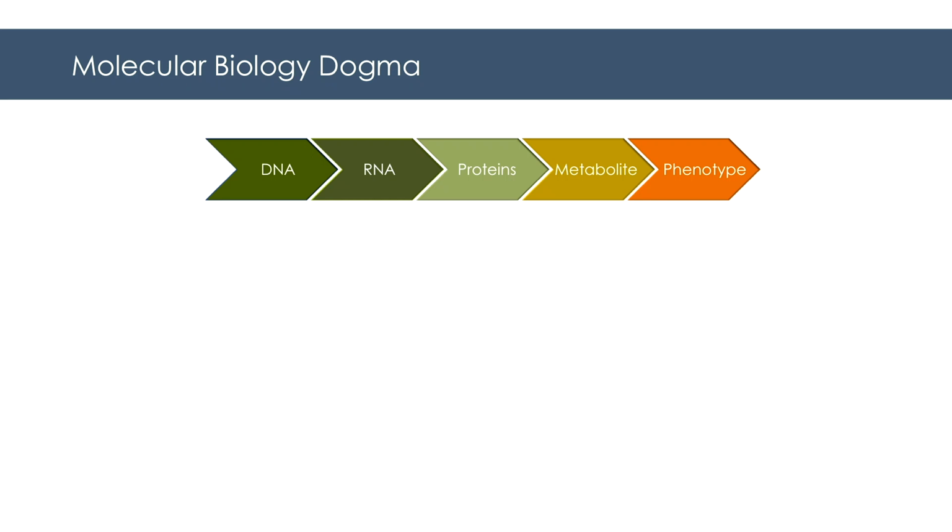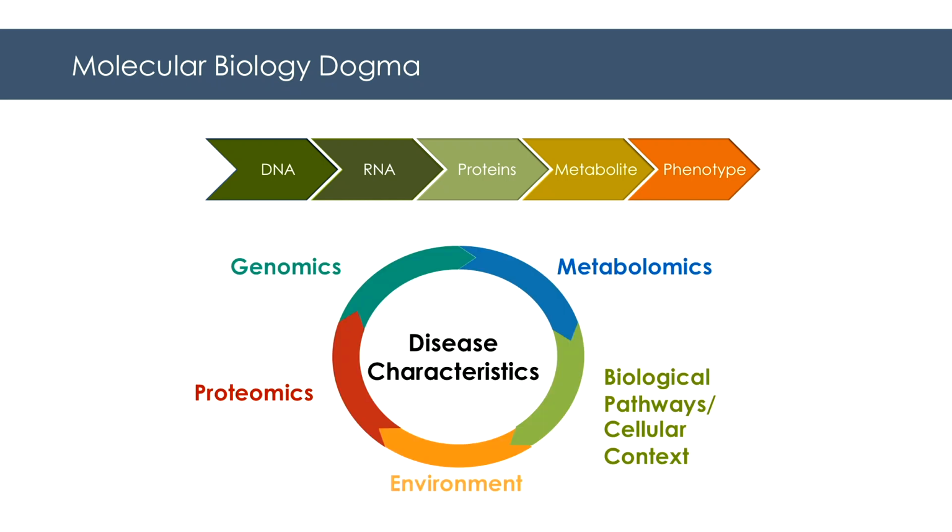But one thing to note is that this flow is never one-way linear, because it's already known that so many proteins or transcriptional factors can influence how DNA is transcribed to RNA. And likewise, we know metabolites can influence how DNA can be transcribed into RNA and so forth, other processes.